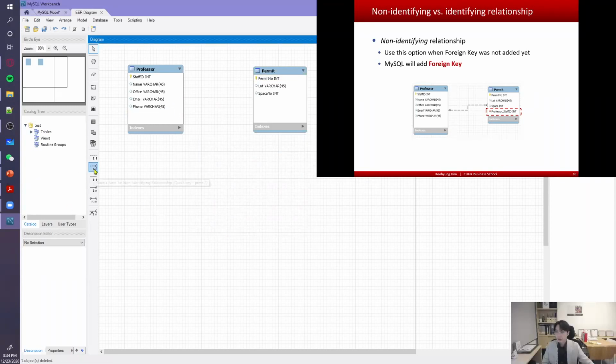So let's do it again. So click this one-to-many non-identifying relationship, and click the permit table first, which will be the many side, and then click the professor table, which will be the one side. Then now you have this one-to-many relationship, which is non-identifying. So all the non-identifying relationships in MySQL will be represented as this dash line. And you will see that there's a new field added automatically in the permit table, right? So the professor's staff ID is added here